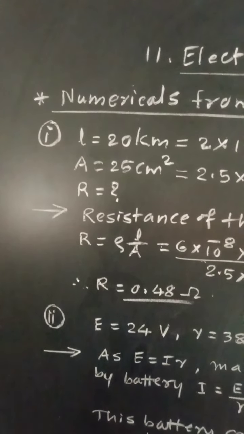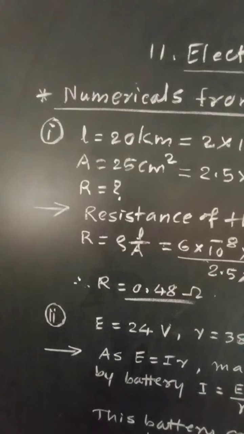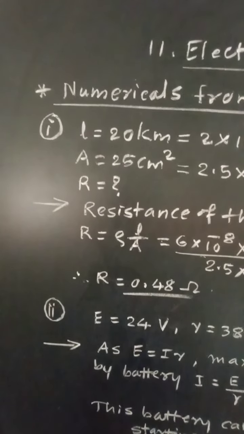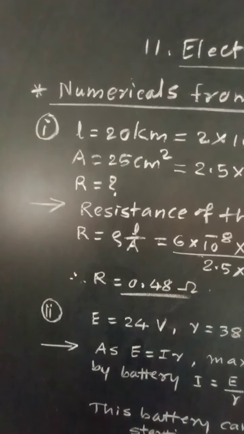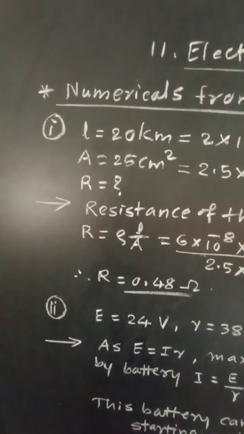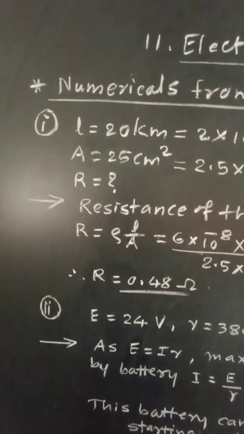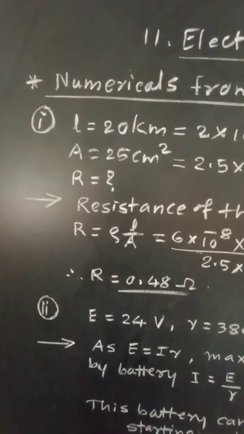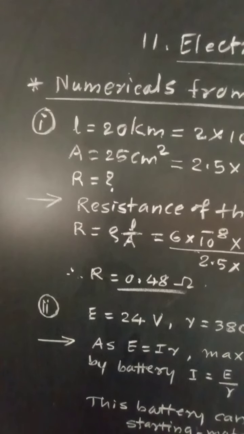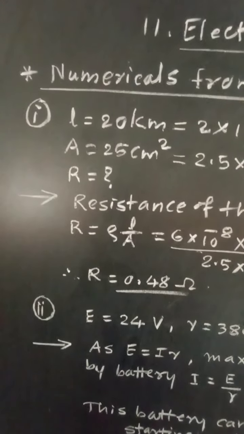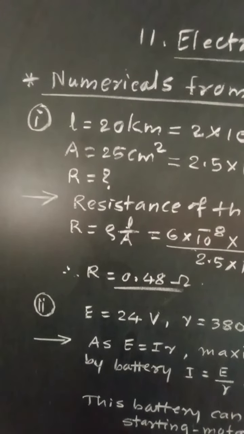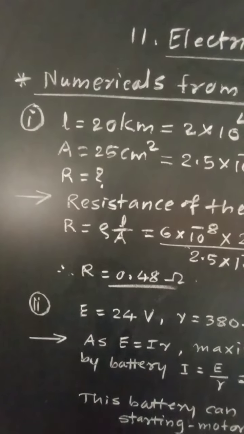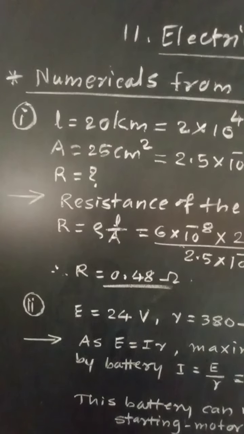what is the resistance of one of the rails of railway track 20 km long at 20 degrees Celsius? The cross section area of the rail is 25 centimeters square and the rail is made of steel having resistivity at 20 degrees Celsius as 6 into 10 raised to minus 8